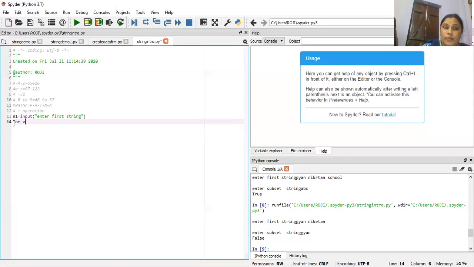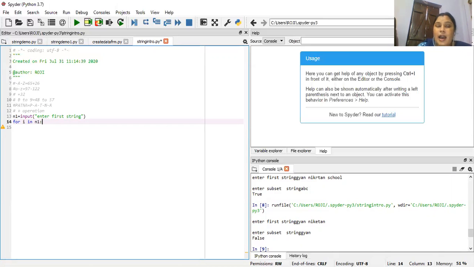Now we are using for i in n1. Here we are using the in operator. This loop will be executed if the characters are present in n1, that is, up to the length of the string. If the characters are not present in n1, the loop will be terminated.